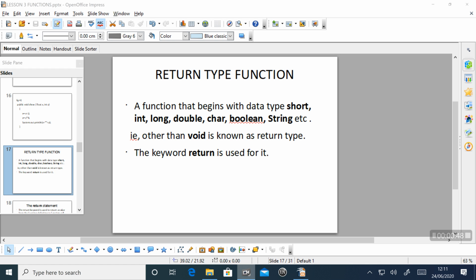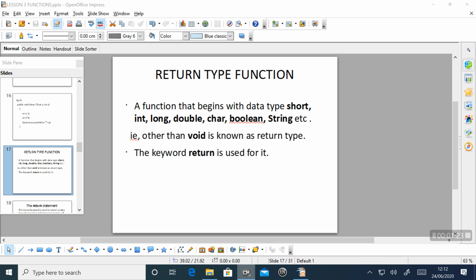Today we are going to discuss return type functions. That means the function returns a value. The return type of the function may be short, int, long, double, char, etc. That means the function should begin with a data type other than void.